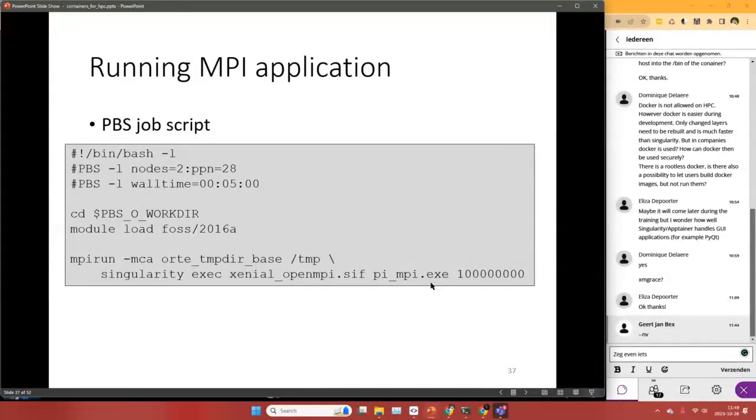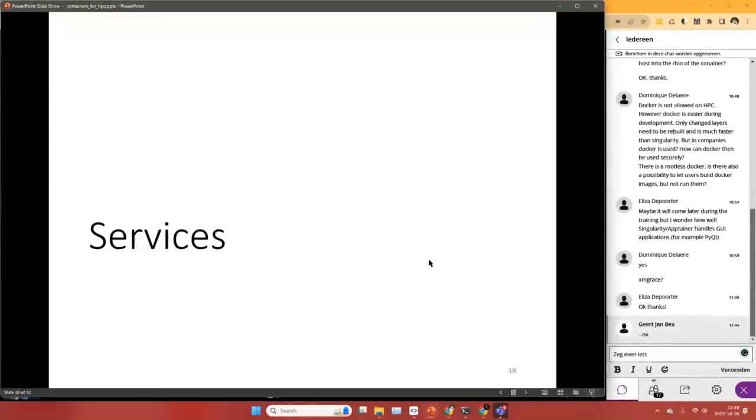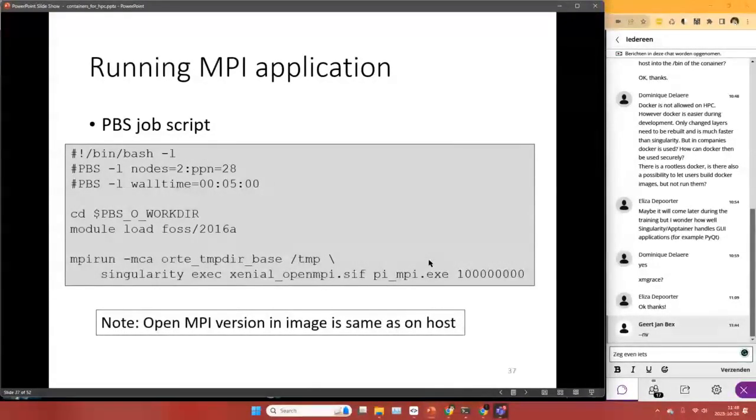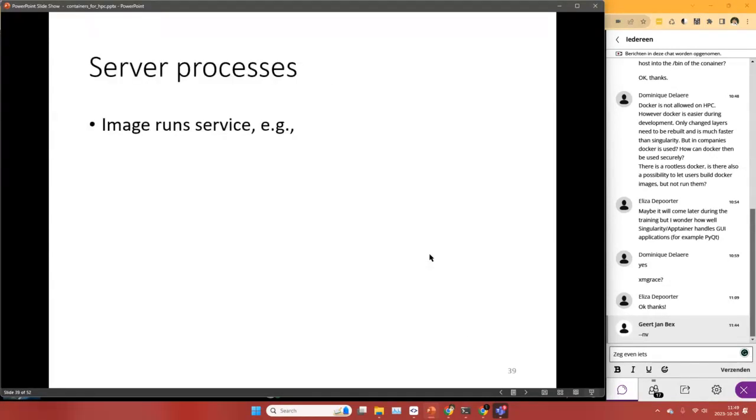The actual run times for MPI are the ones which are in the container, but those communicate with the MPI daemons or process managers on the host. And that way you get very good performance. There is a little bit of overhead, but it is fairly limited. It's of the order of 5 to 10%, which is something that is very often negligible on HPC systems, since just due to varying load and so on, that's something you see anyway. Okay, so